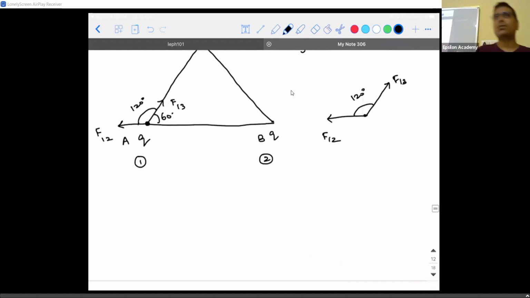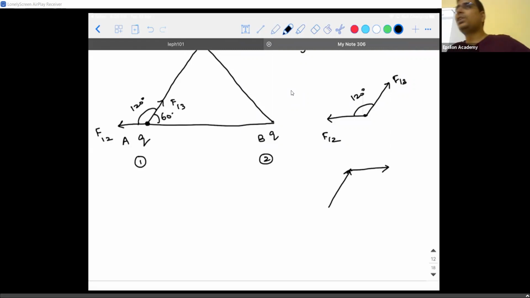Whenever you have two vectors, listen to this point carefully. There are two kinds of situations you will face in vectors always. You can have two vectors which are continuous in order. What do you mean by continuous in order? The ending point of the first vector will be the starting point of the second vector. If you face a situation of that sort, what law should come to your mind? You should think of triangle law of addition.